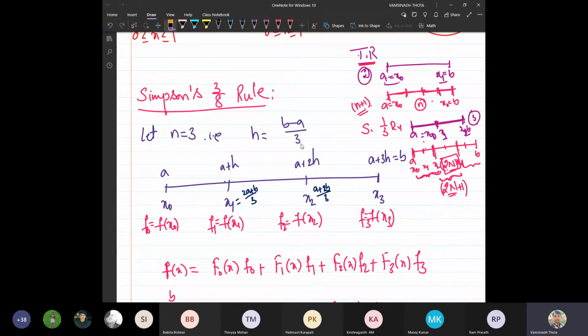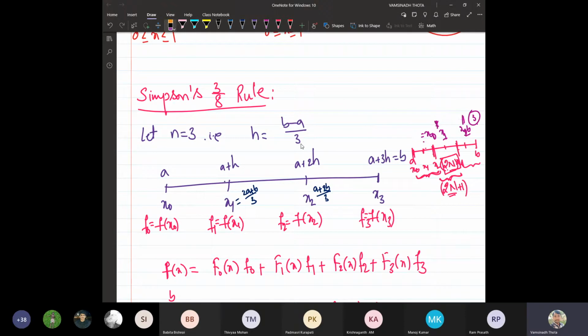Okay. Now what is Simpson's 3/8 rule? This is what we call the composite Simpson's 1/3 rule, and we have the formula, and we have done all. Okay. So now here it comes, the last one in the syllabus, the Simpson's 3/8 rule. Other than these three rules, there are many other rules available, but they are not in this course. That's all.